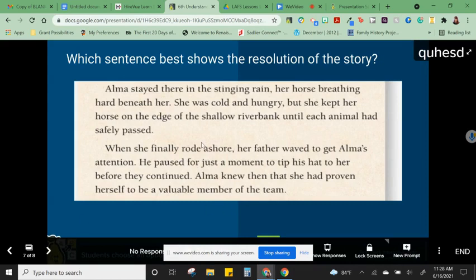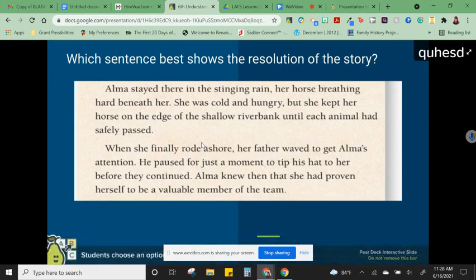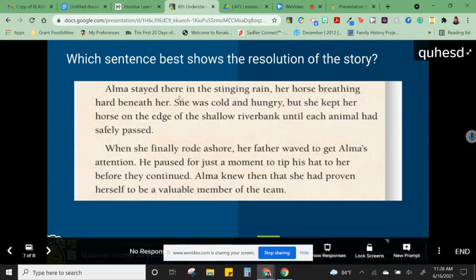I want you to read this next part of the story and think about which sentence best shows the resolution of the story. Remember, this resolution is the solution to the problem. Alma stayed in there